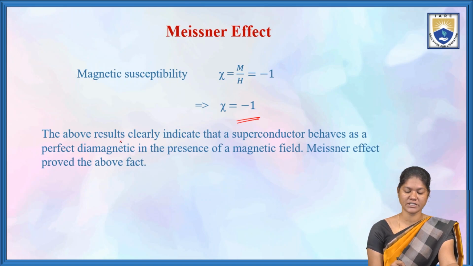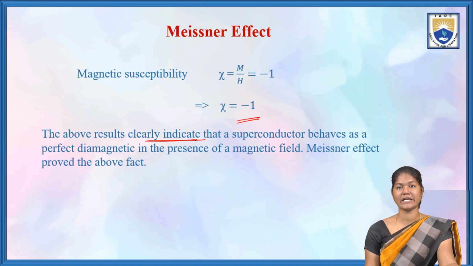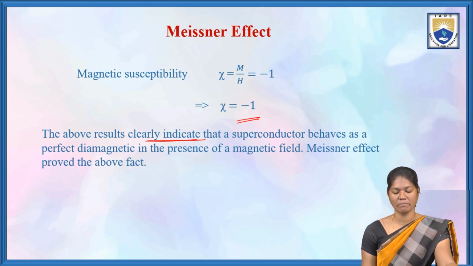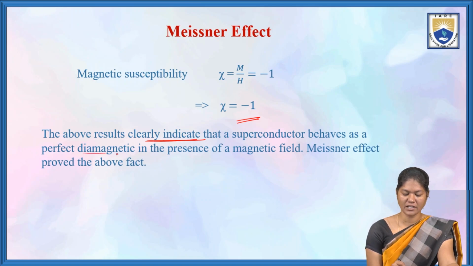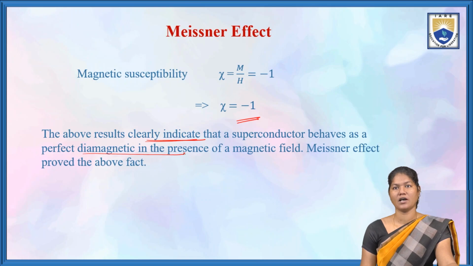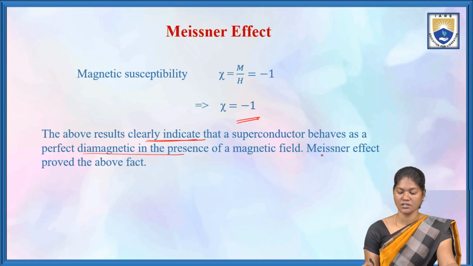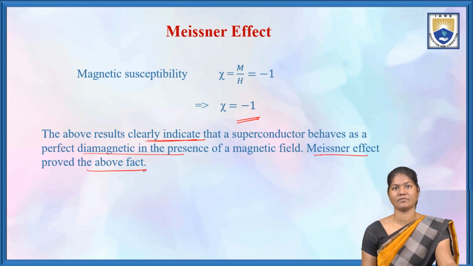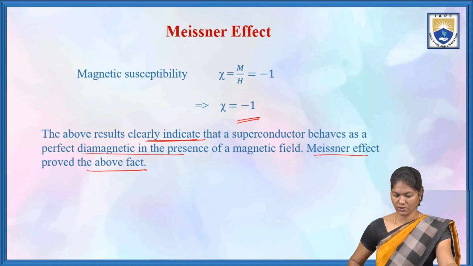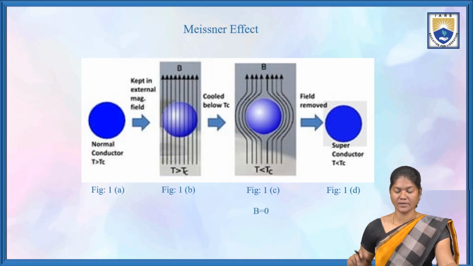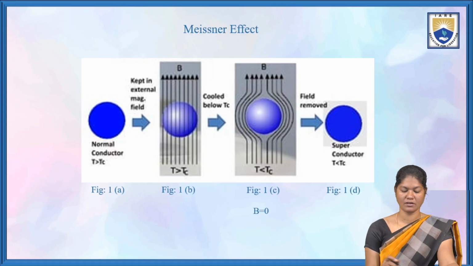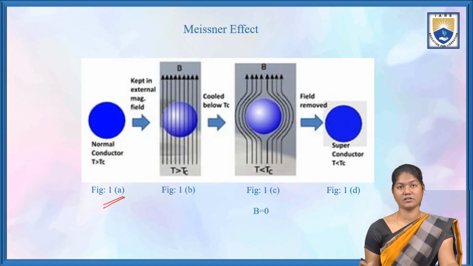From the above results, it is clearly indicated that a superconductor behaves as a perfect diamagnetic material in the presence of a magnetic field. The Meissner effect proves this fact. So from this diagram, from figure A,